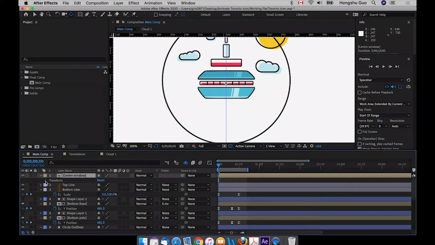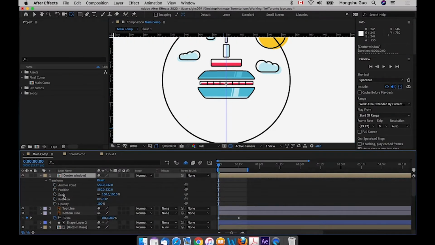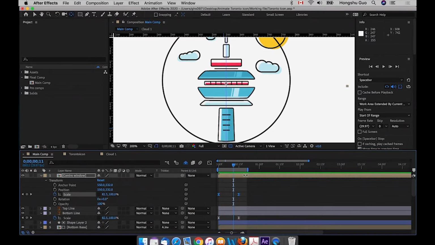Click on this arrow, go to the scale property, unlink this X and Y value. Then we can just copy this keyframe, go here, paste. Now we can see the center section is animating the same way as the two lines. But for the center window, I also want to give it more character. So I want to add in some overshoot before it settles in place, I want it to go over